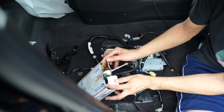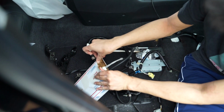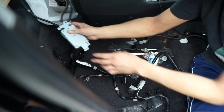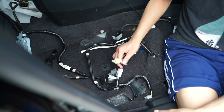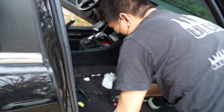I like to get everything nice and neat. Like that. So later when we install, you don't have 16 wires just hanging out. So in a minute, with this, you can put electrical tape if you want. I didn't do it on my build. Alright, so